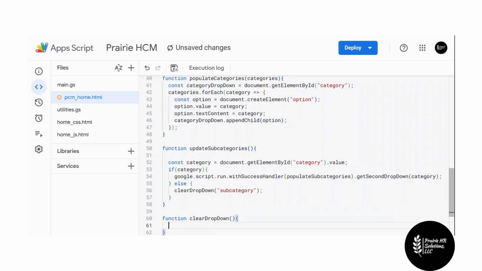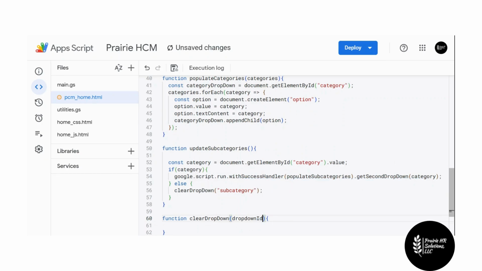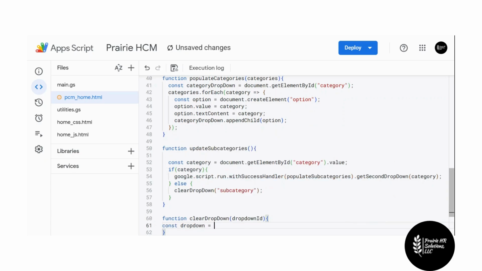So let's do that. And now this is going to take this subcategory string. What this subcategory string really is, is the drop-down ID. So we can name that information that's being passed simply drop-down ID. Now we need to create a constant. And this constant we'll call dropdown. And this is going to be equal to